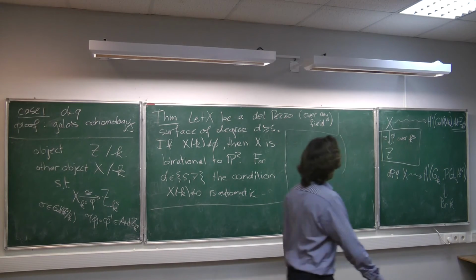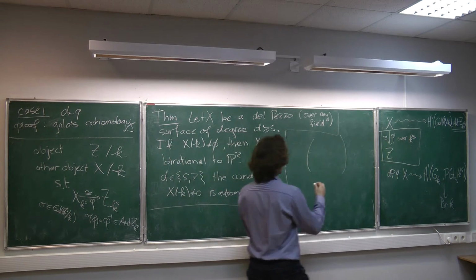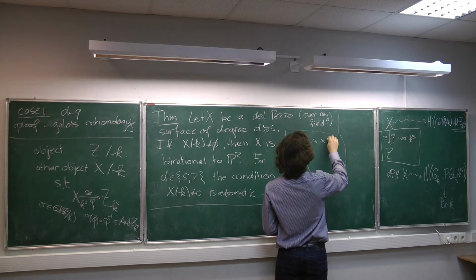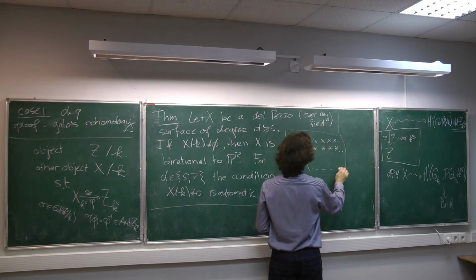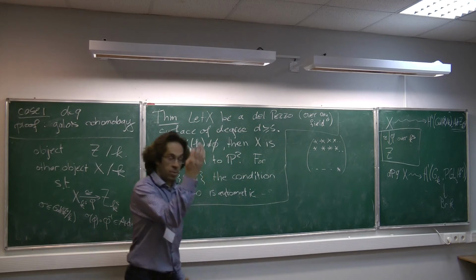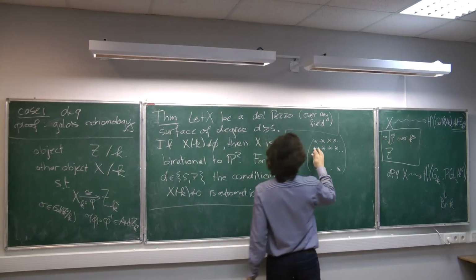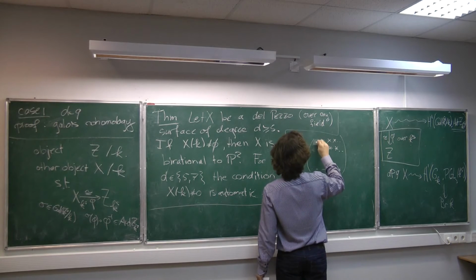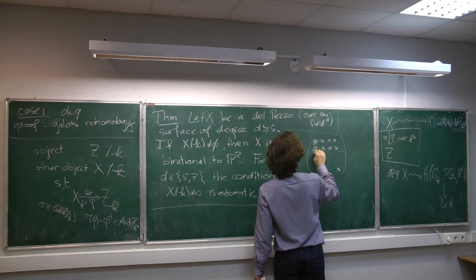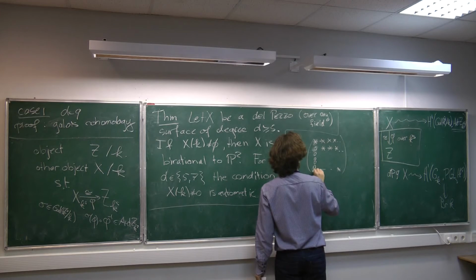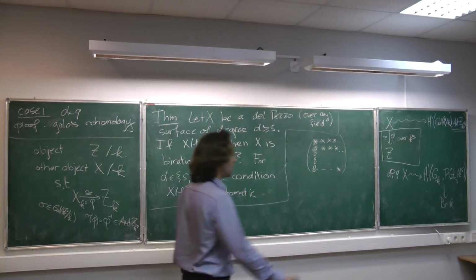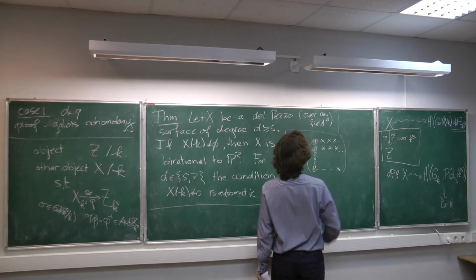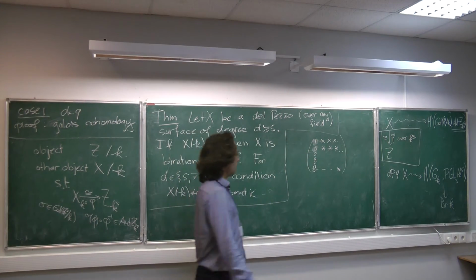PGL n plus 1 corresponds to matrices. They can have anything, but up to scaling. But now we know that the first column is going to map to that same point 1, 0, 0, 0. And if it's up to scaling, I might as well scale this to be 1. And that means that